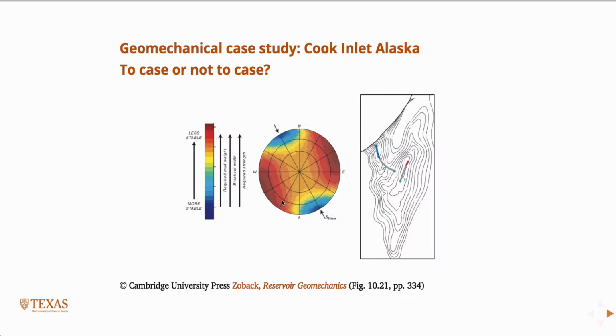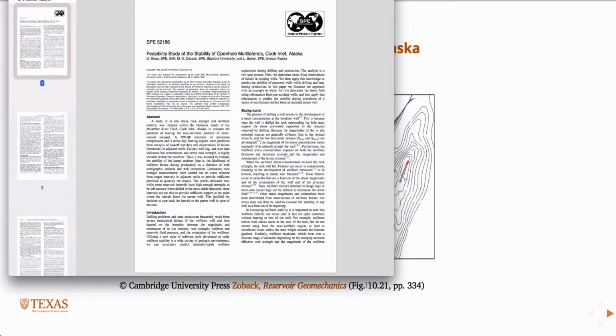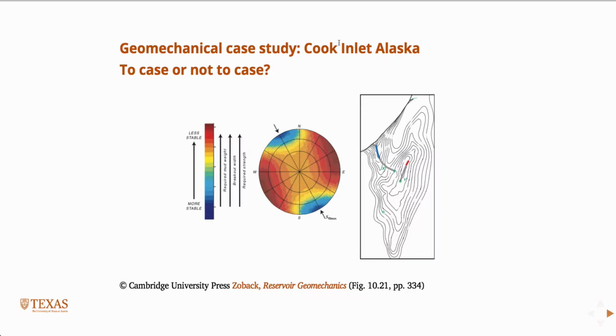And by the way, it's covered in the book. I've got the reference for the figure here in chapter 10, but there's also more detailed information in this paper, SPE 52186. This was in the Cook Inlet, Alaska. So if you want more information, I would recommend reading the paper, because it has more details than the book. But nevertheless, they did this comprehensive geomechanical study and came up with this plot,